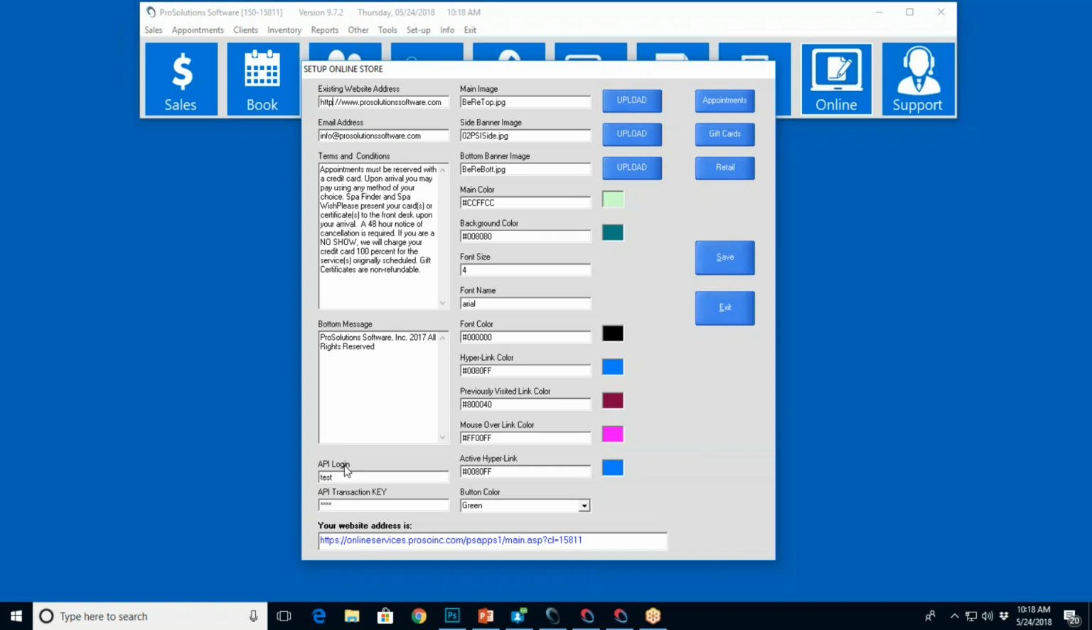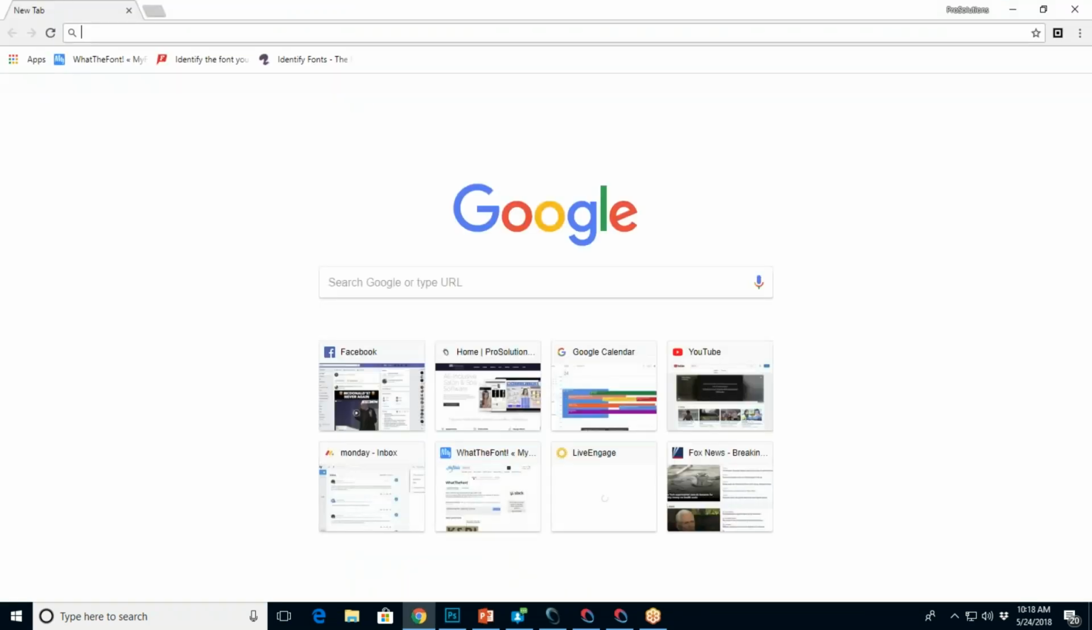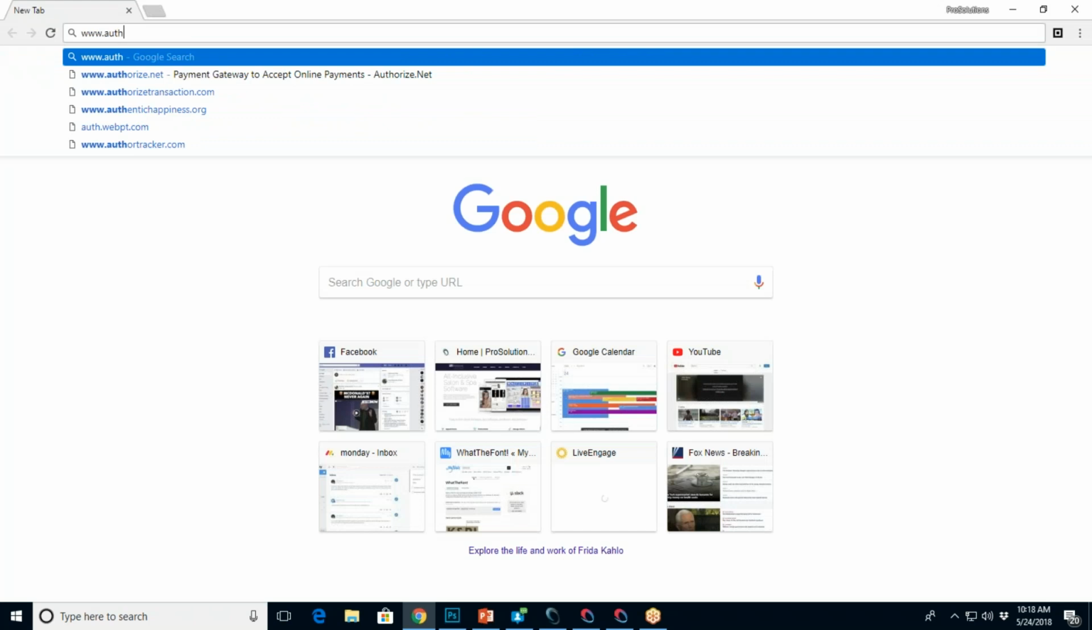Okay, so getting back to the login and transaction key. So how do we get these? Where do we get them from? So as I said, from whoever your credit card company is, you're going to request from them an online merchant ID. With that ID, you're going to go to this website,